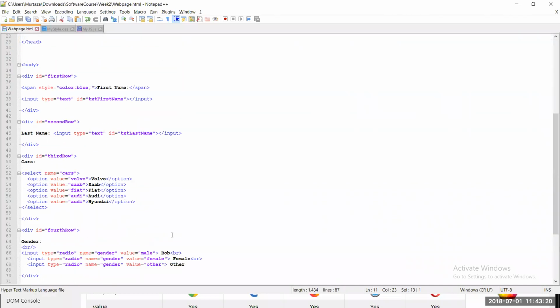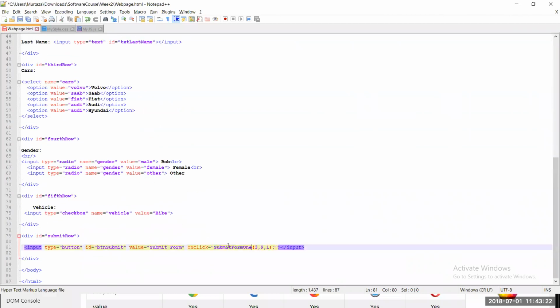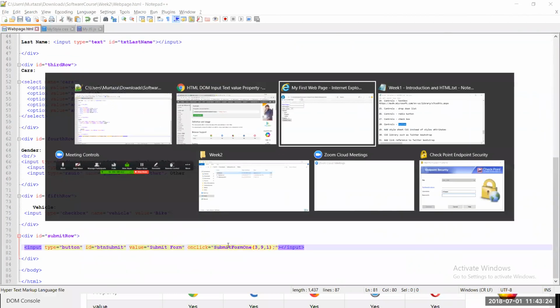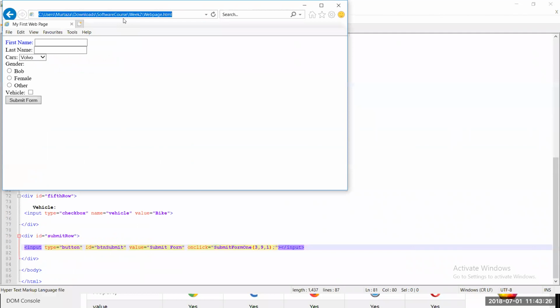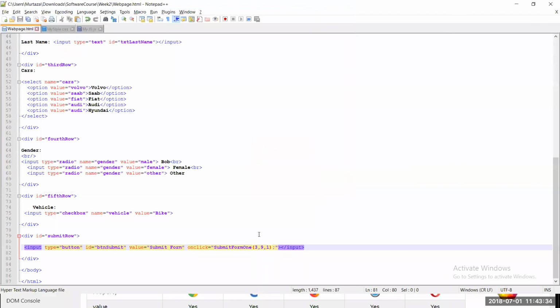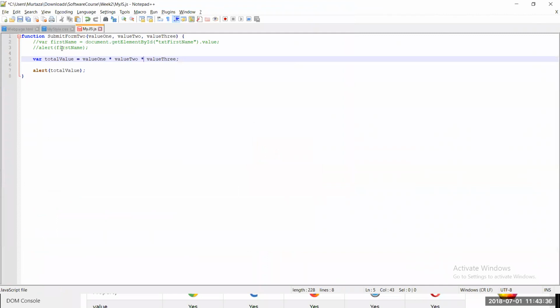So if we go here and change this to submitForm1, give this a refresh, 13, 3 plus 9 plus 1, 13. Now if we change this to submitForm2, which is referencing this JS file,